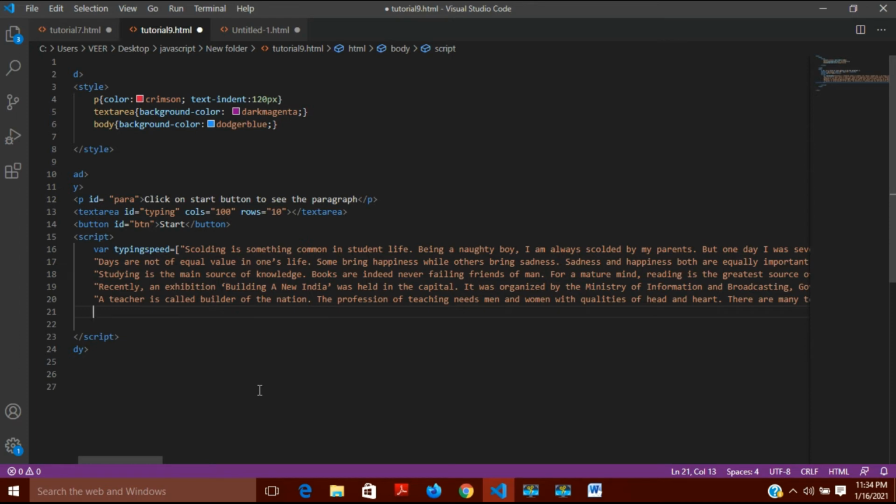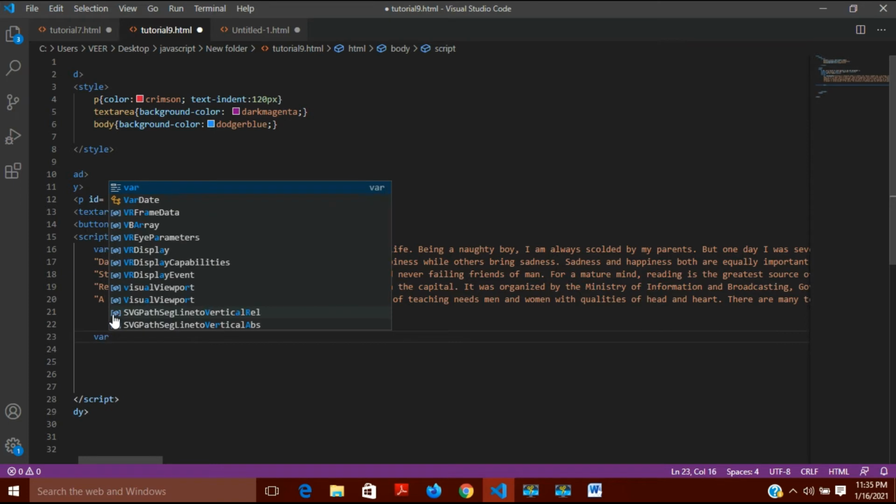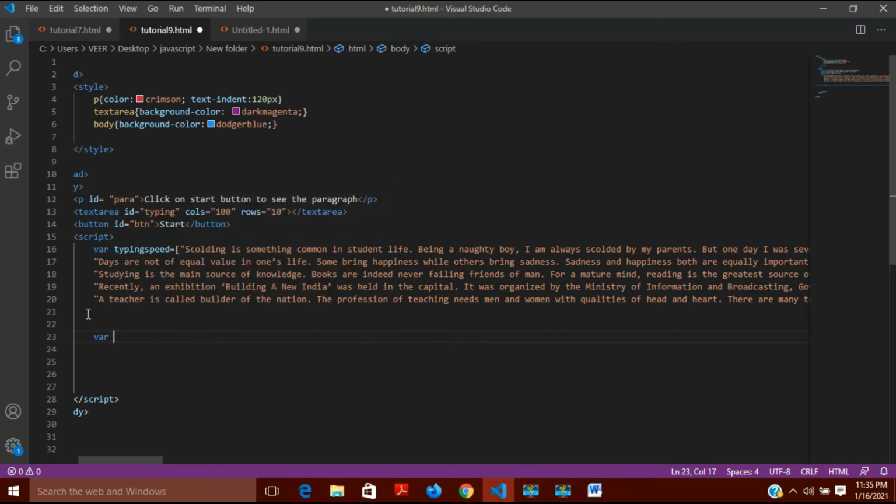Now the next thing I will do is I want this button and this text area to be functional as I want them to function. As I had told you, these IDs which I have given, I have given them so that I may get access to this text area as well as this button from my JavaScript. So that is why I will get access to these two things now. I will give any variable name again here to this access to the button. So let's give it as bton. I'm giving it any name.